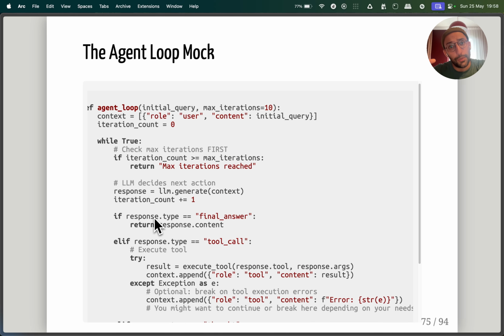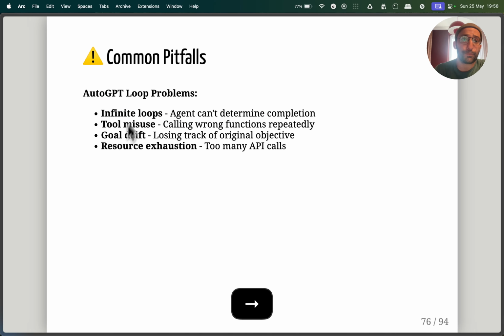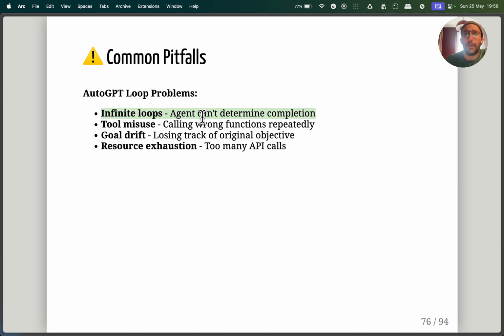The point is, it's a while loop that handles the different situations that can happen in this little scenario that we build up over here. So there's a bunch of problems. An infinite loop is one of them. Determining when the agent can determine completion. If you used LangChain in the beginning, when they created the framework, they had classes to represent the finishing of an action, and so on.